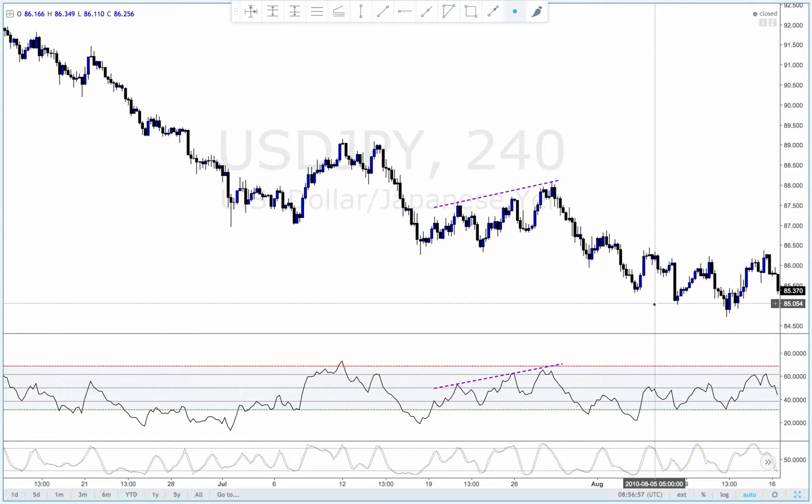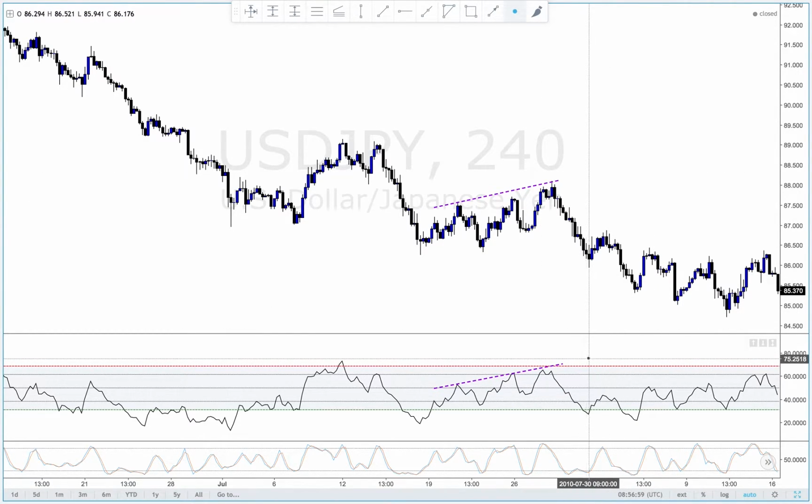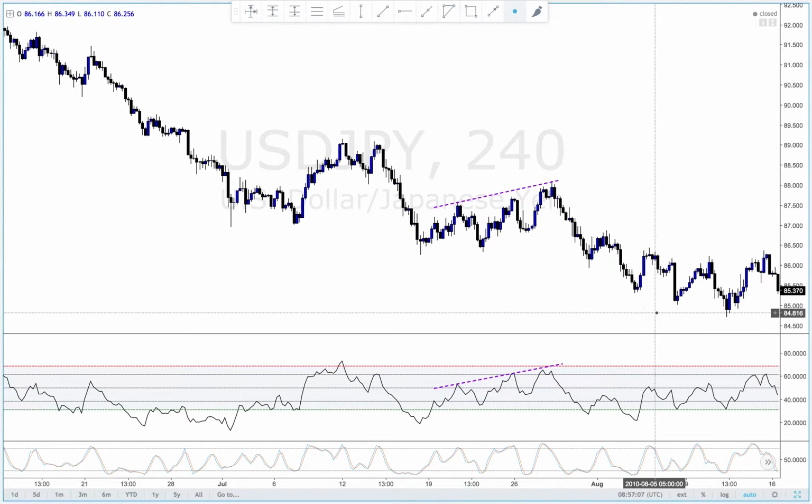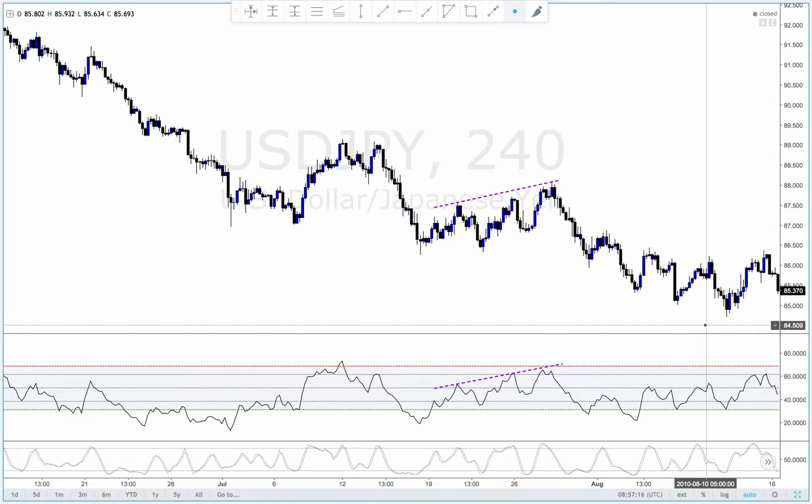Nothing major there. All right, we got RSI drop. RSI starts there. Price new low, RSI new low. Okay, here we go. Price new low, RSI fails to make a new low. Price new low, RSI retests